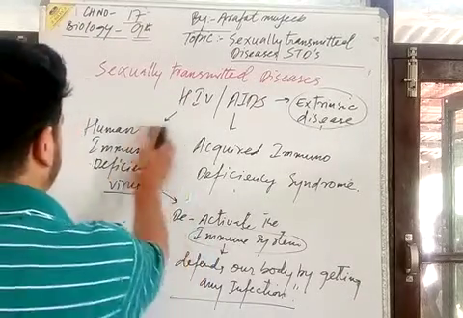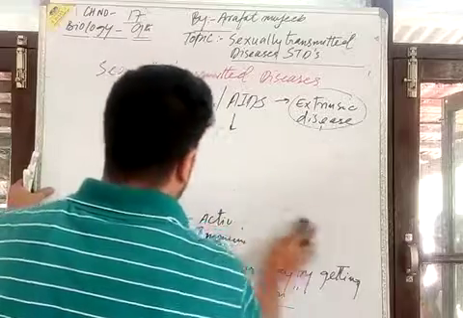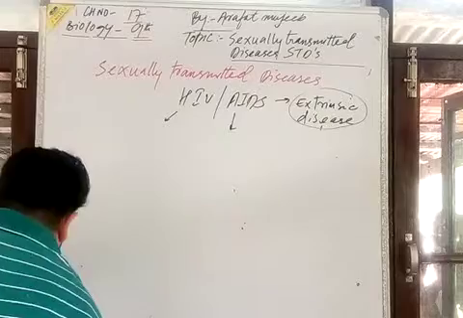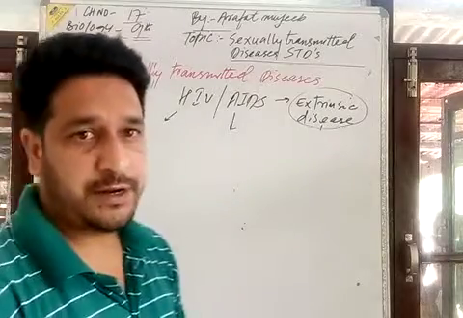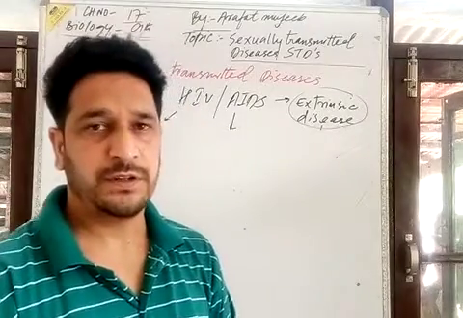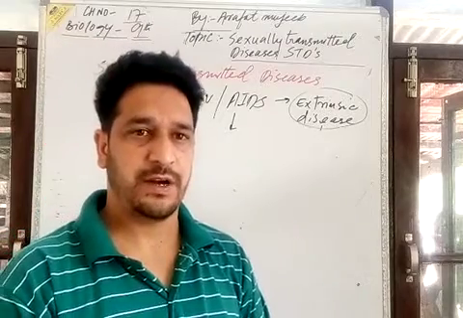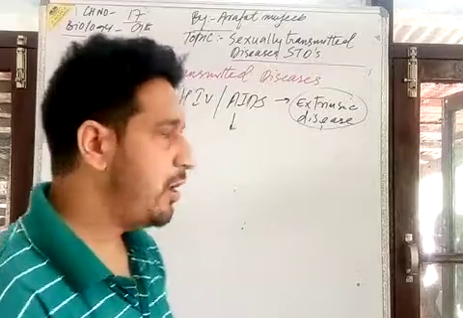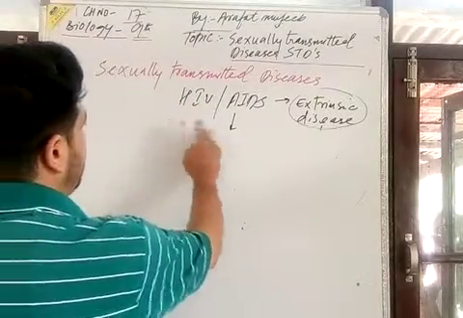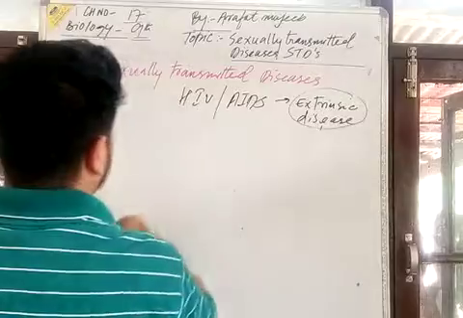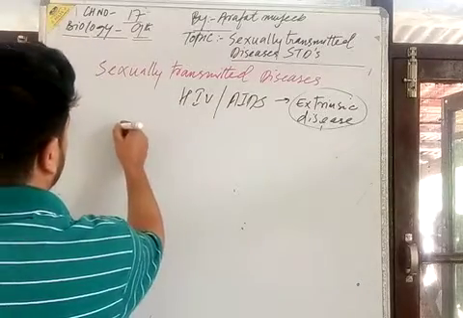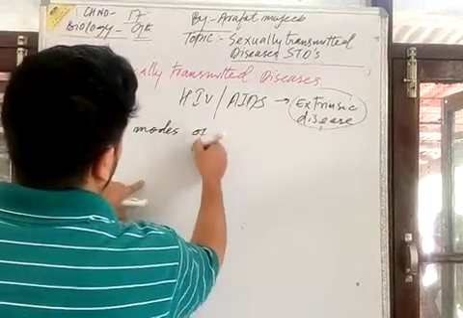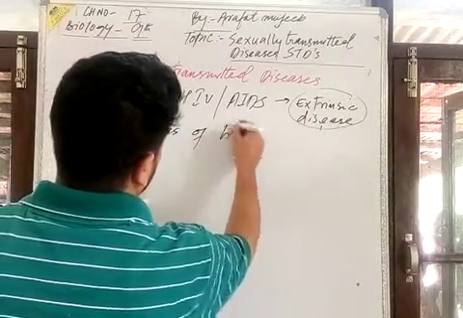Now we are going to discuss this. It is about AIDS. AIDS is a sexually transmitted disease and it is caused by the HIV virus. It is all about the meaning of this. And now, how does AIDS transmission take place? Number one, we will discuss the modes of transmission